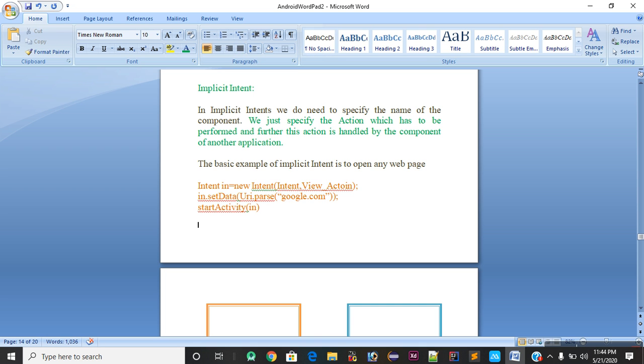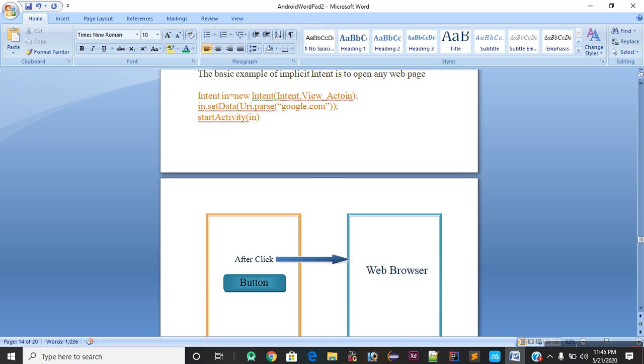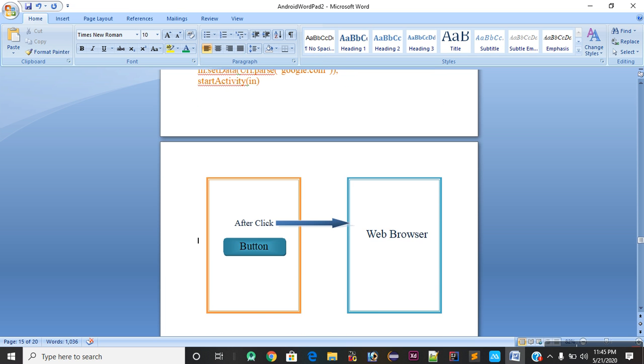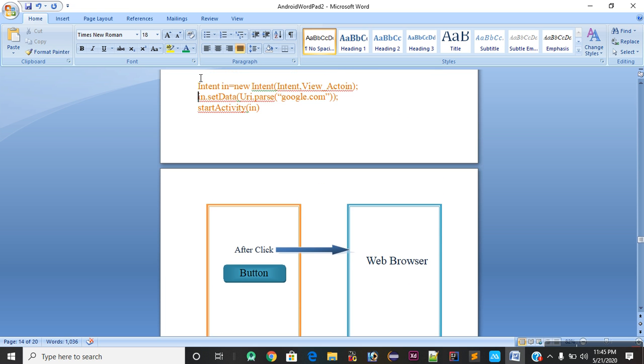So this means that whenever you click the button, for example, now we are discussing the diagram as an example. I will set inside the button this method, which is intent, and I set the URL of google.com. So all these methods I have declared and defined inside the button.